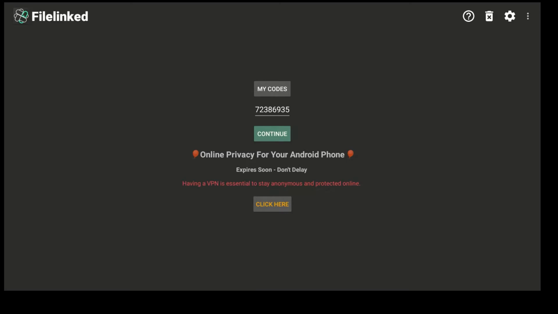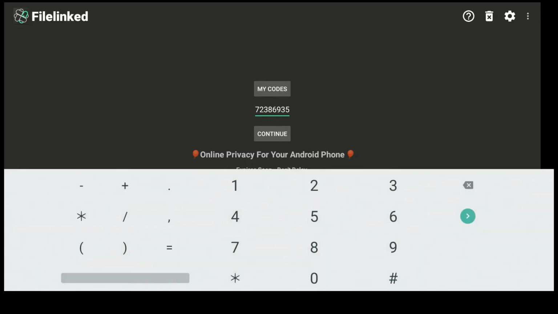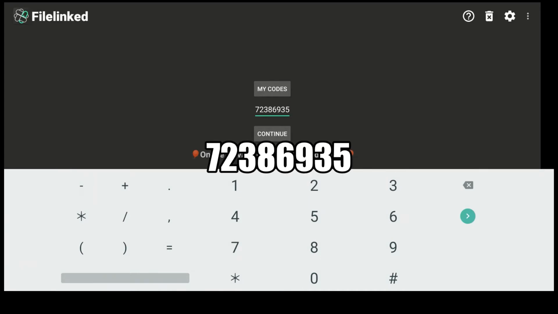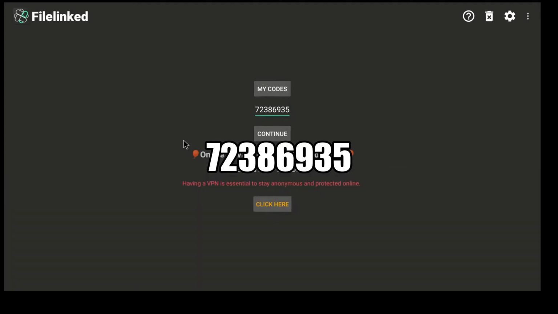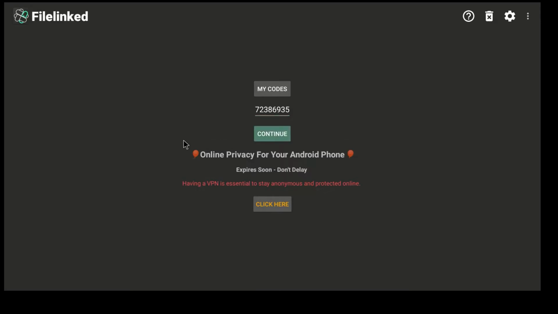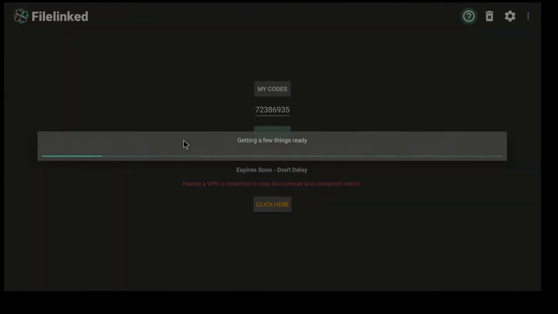If you get a pop-up on the screen, just press dismiss, and here what you want to do, if your code line is blank, select it and enter the code 72386935. That will also be posted down in the description of this video. All right, now hit continue here,